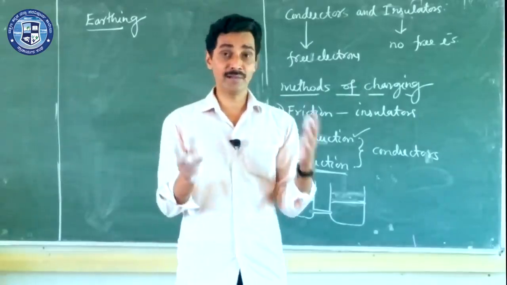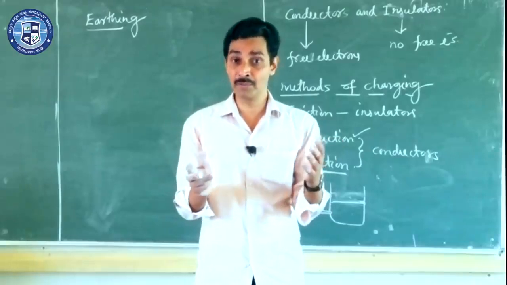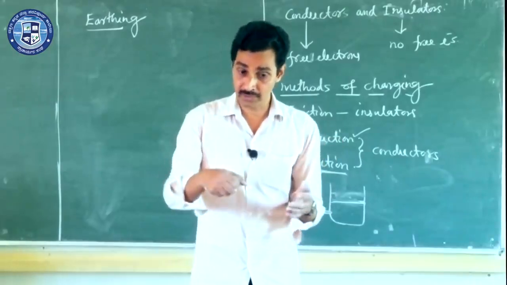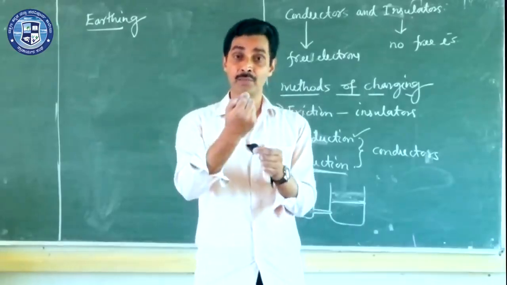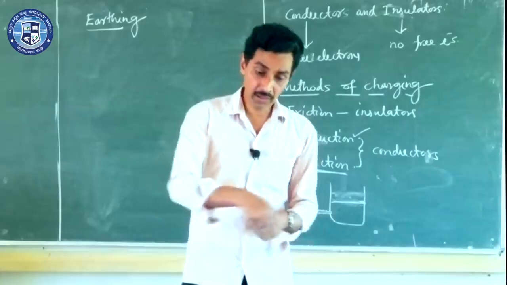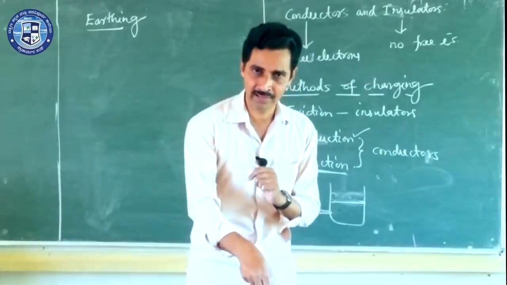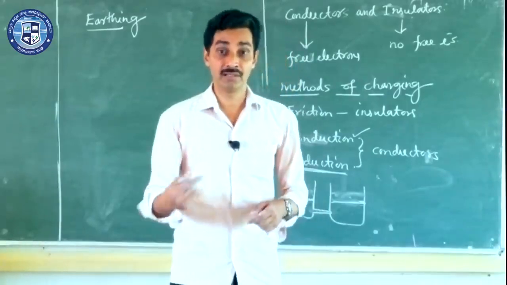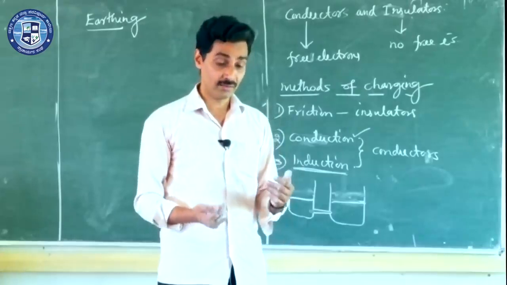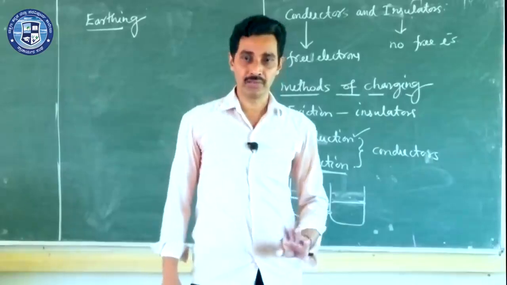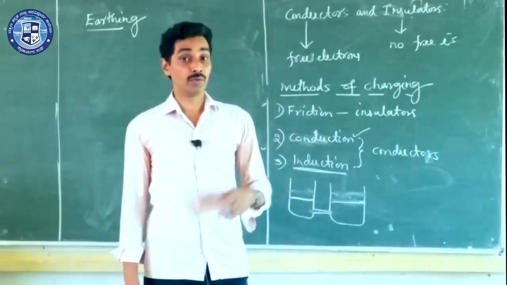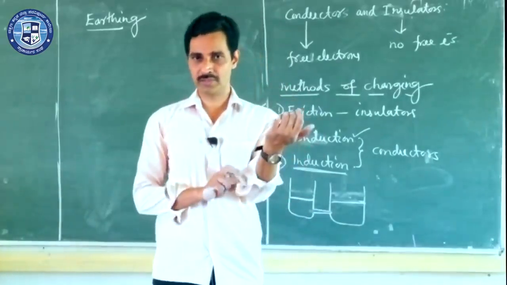Because if there are some stray charges, or some loose connection inside the iron box, and some phase wire, some electricity wire, is connected to the body of the instrument, and when you are using the iron box your fingers get in touch with the body, then the extra charges with the body will flow through your body to the ground. It will be earth connected. So it will give you a heavy shock.